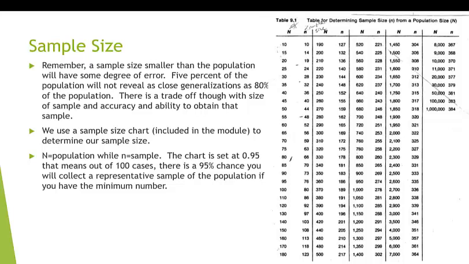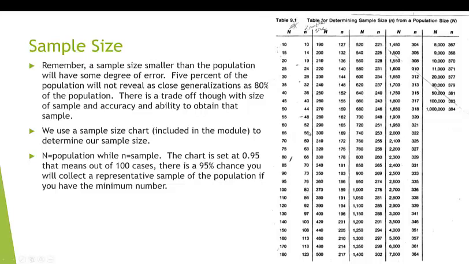This chart was developed 60 years ago and is set at 95%, at 0.95, which means that out of 100 cases, we're willing to say that 95 out of 100, or we have a 95% chance, that we will collect a representative sample of the population if we have the minimum number. So if we have a population of 100, then we need to get 80,